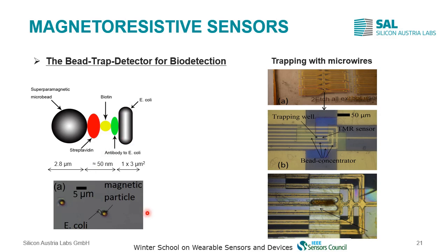Therefore, if we look at such a bead-bacteria constellation with the electron microscope, we see here the bead, and attached to it the E. coli. It's a bit difficult to see, therefore the outline is highlighted. Here maybe you can see the E. coli that is wrapped around the bead, without the outline being highlighted. And this is a typical structure with which we detected